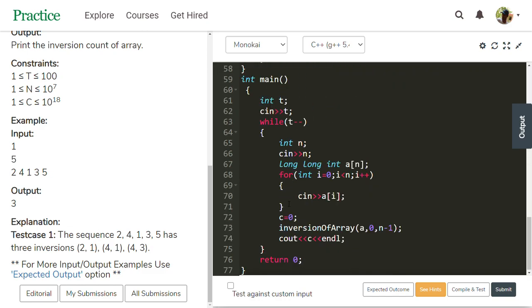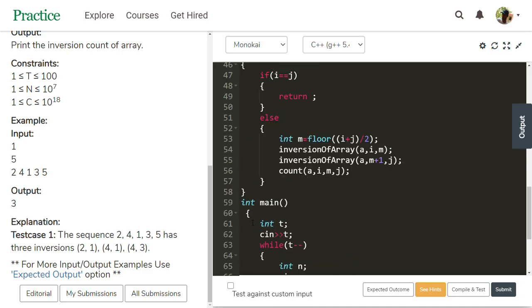Then to get this count, I am using a function inversion of array, passing three parameters: the address of the array, the first index and the last index. Then we get the count output as 3.